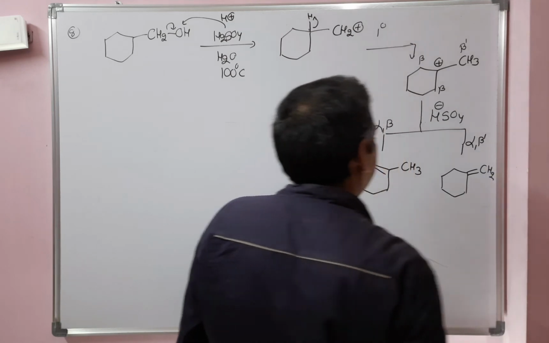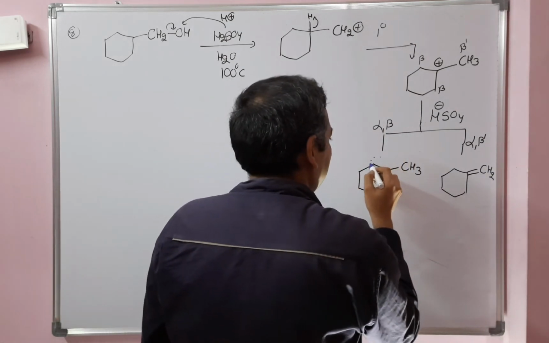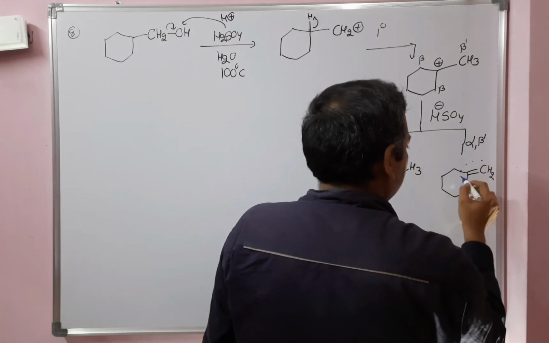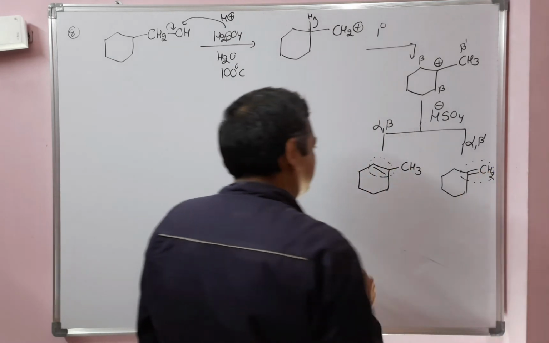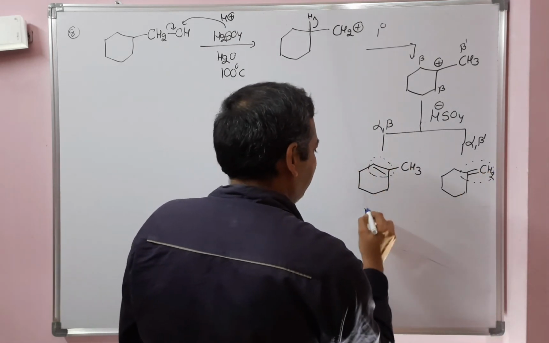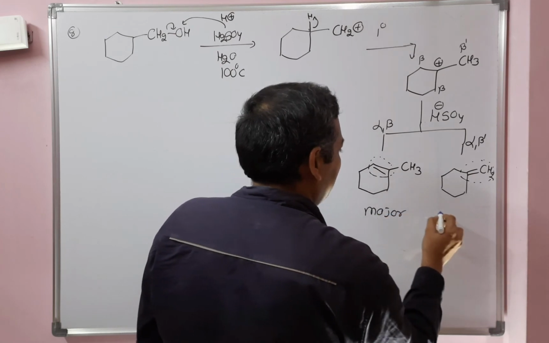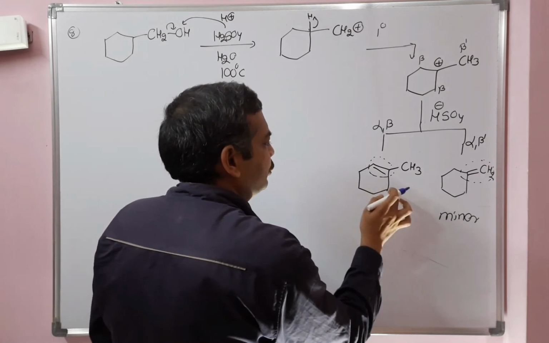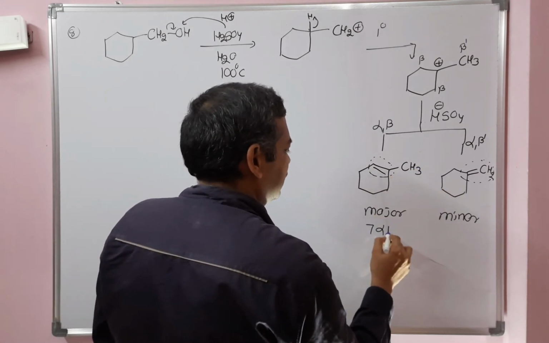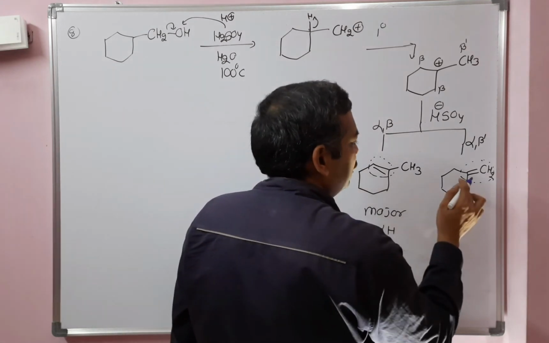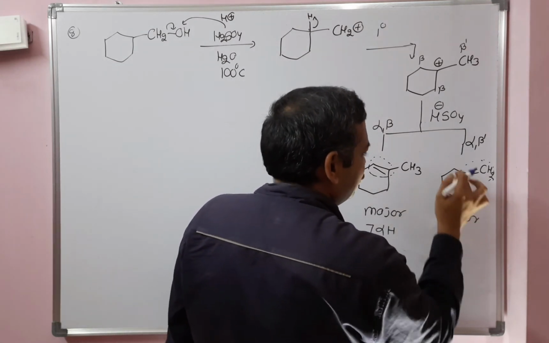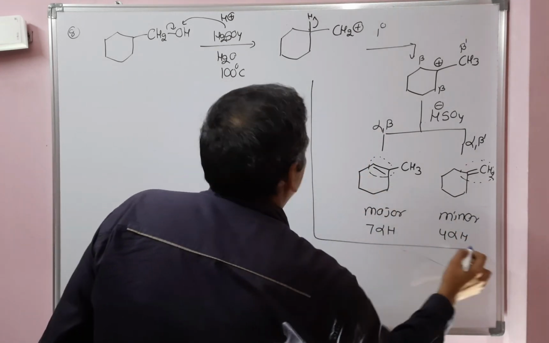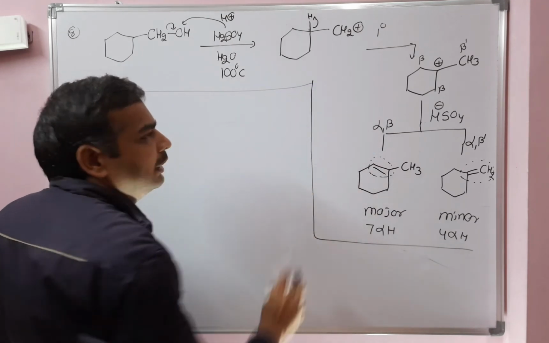Among these two alkenes, which is major? If you take this alkene, there is trisubstitution, whereas here there is only disubstitution. So this is the major product, definitely, with three substitutions, and this is the minor product. Now coming to the number of alpha hydrogens: 2 plus 2 is 4, plus 3 is 7 alpha hydrogens, which means 7 hyperconjugated structures are possible here, whereas here only 2 plus 2, 4 alpha hydrogens are there, so only 4 structures are possible.